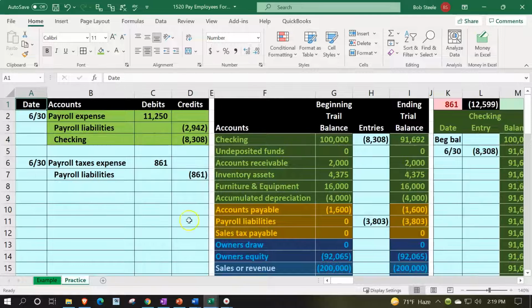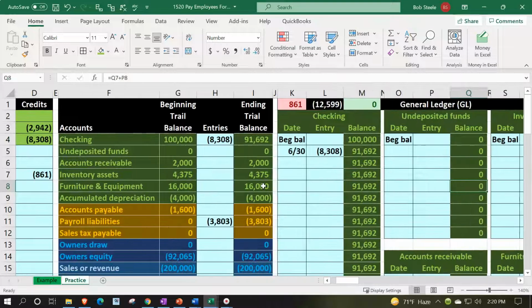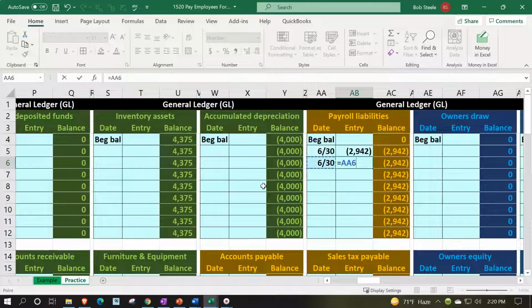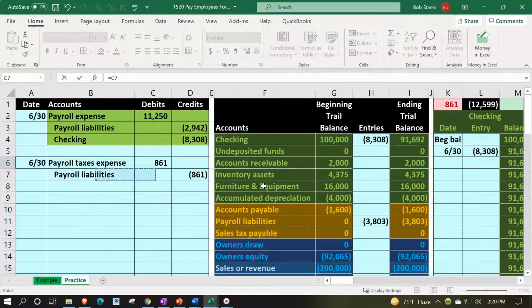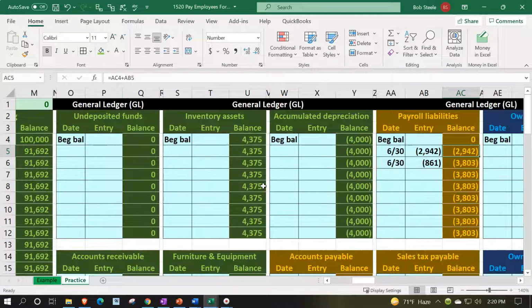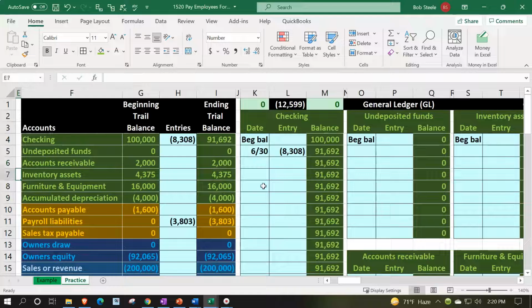Now let's go back on over, record the liability side of things, which is going to be the second liability account. So we're scrolling over, green assets, liabilities, yellow liability account on 6/30. This is going to be equal to AB6, picking up the 861. There it is. So it goes up by those two journal entries that both increase the liability, bringing it up to that 3803, matching what's on the TB,